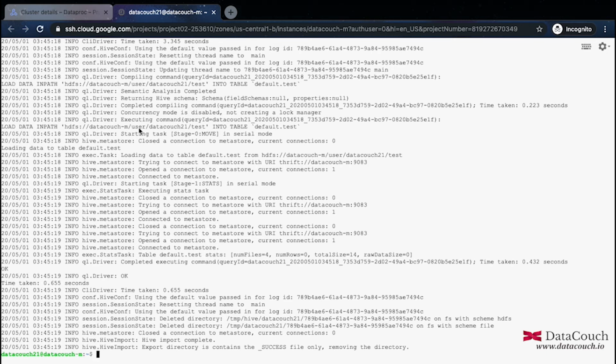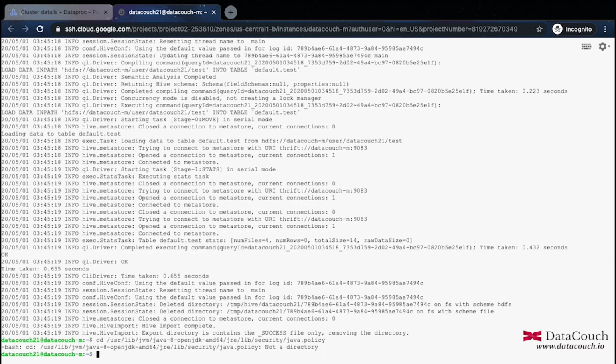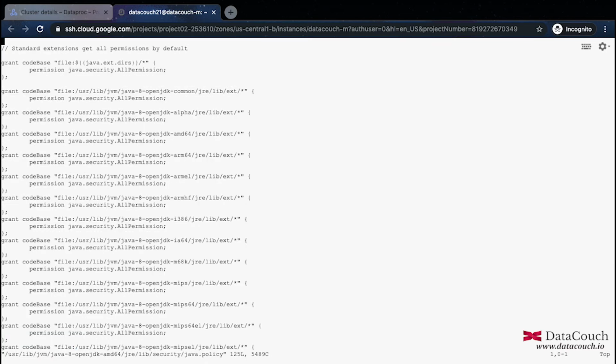The path you can get from the reference material. So I'll just do that. I'm going to this file specifically. It's not a directory. So I will do sudo vi, and here I will modify this file, and let's go down, and there is a grant permissions